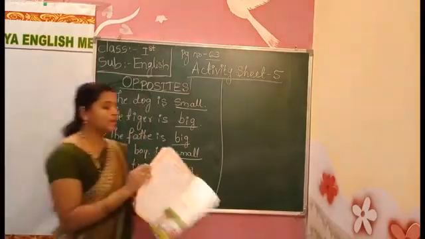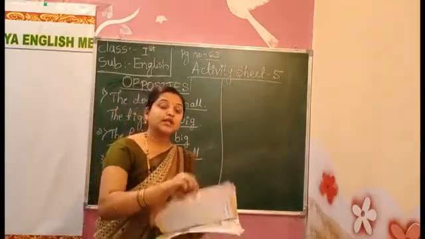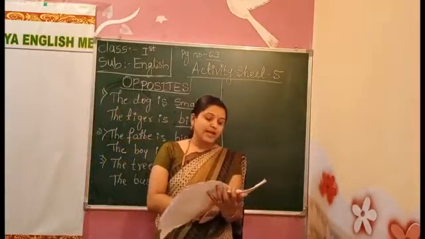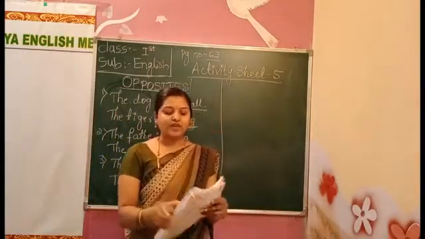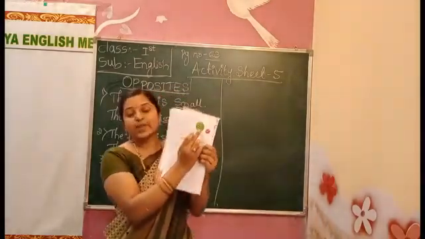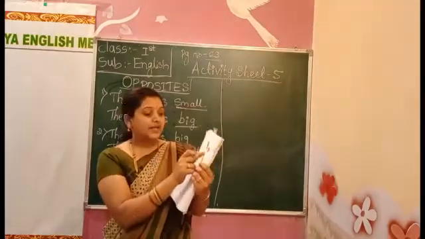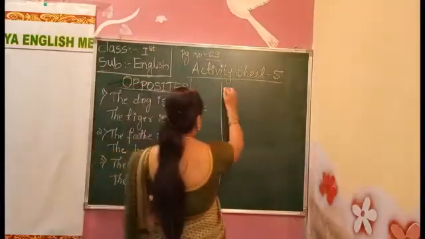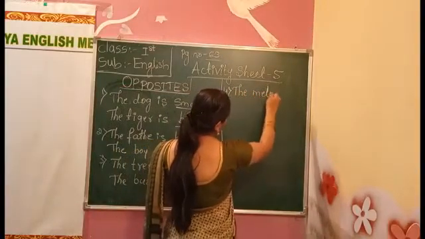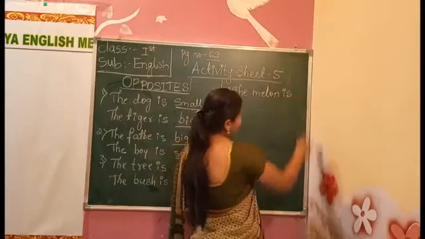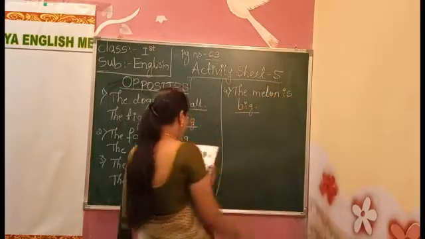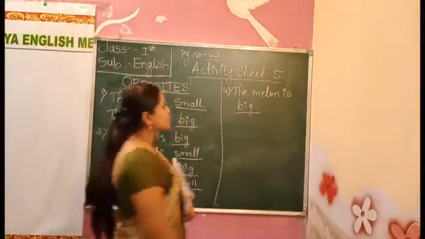Next, behind, turn the page. Page number 64. See what they have given there. So look at the picture. The melon, watermelon. So they have given watermelon and the ball in the textbook. So which is big? Is the melon big or small? The melon is big. Fourth one. The melon is big. What is melon? Watermelon, write it. The melon is big. Next, the ball is small.